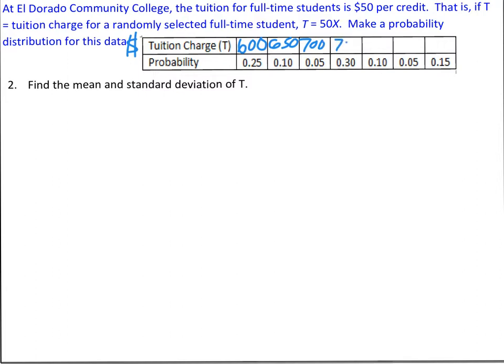700. 750. All the way up to our students that are taking a full load of 18 credits, their tuition fee is $900. Okay? Now, one way to go check this out